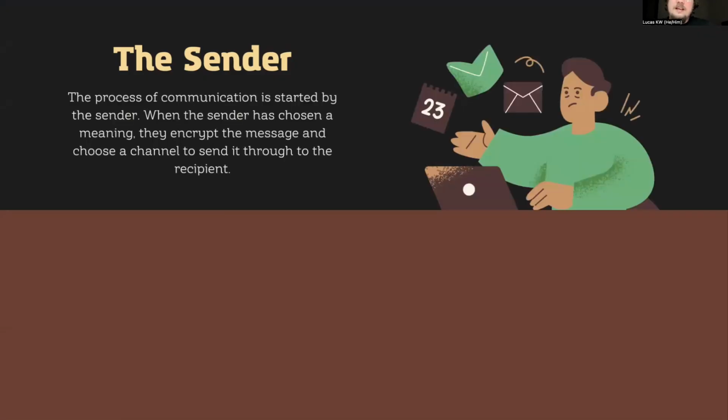We thought of communication as being a sender process. So the process of communication was thought of as being started by the sender. When the sender has chosen a meaning, they encrypt the message and choose a channel to send it through to the recipient. Okay, that's a lot. And it doesn't really give you much, except for there's someone that is thinking something and it's encrypting that message, going through the code, meaning the syntax of, like, let's say I like hamburgers,